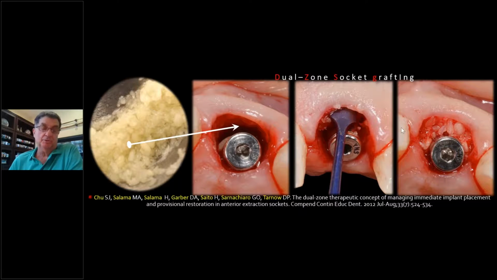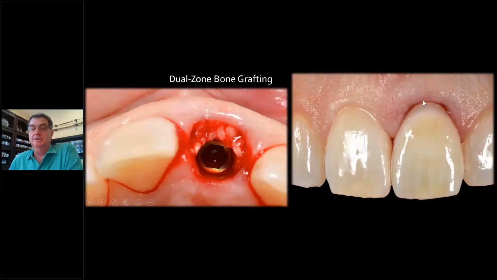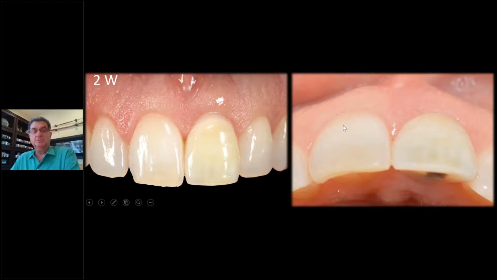Now I have the temporary already. And now the temporary has been stained, and I put it back on, and any excess gets squeezed out. And this is socket seal, prosthetic socket seal. Paul Weigel put that wonderful term, prosthetic socket seal. And that holds the graft in place. And now the implant is to the palate. I've got a graft in the gap, which we'll talk about in a minute. The buccal plate is intact, and minimally invasive surgery. Take a look. Beautiful. So the patient walks out that way.